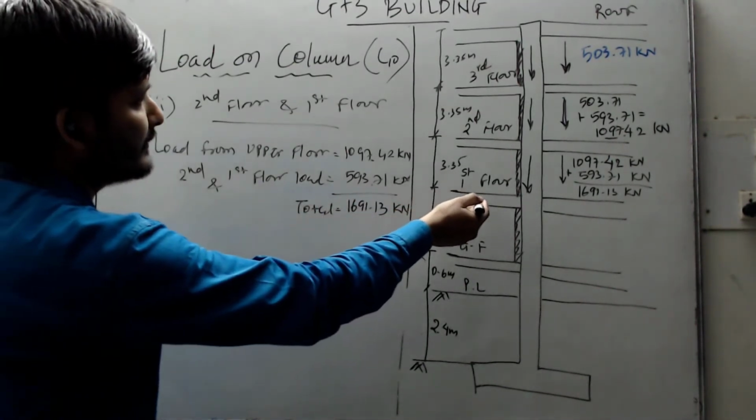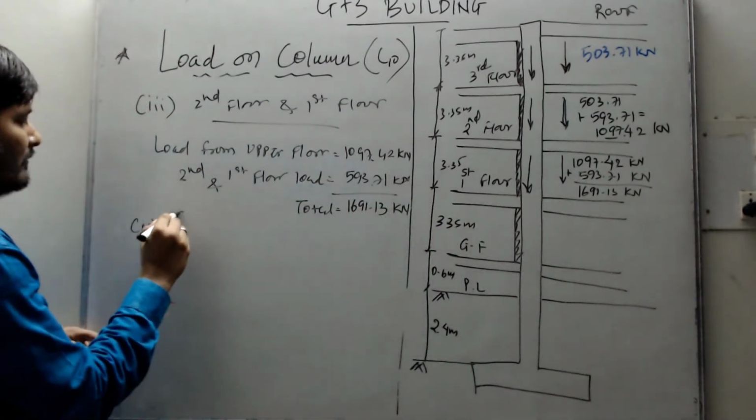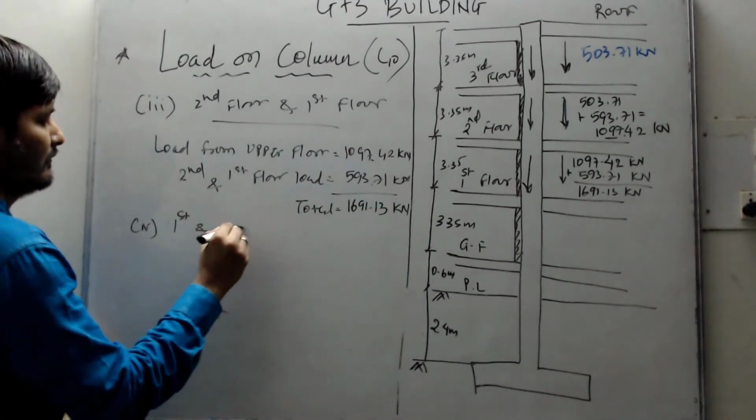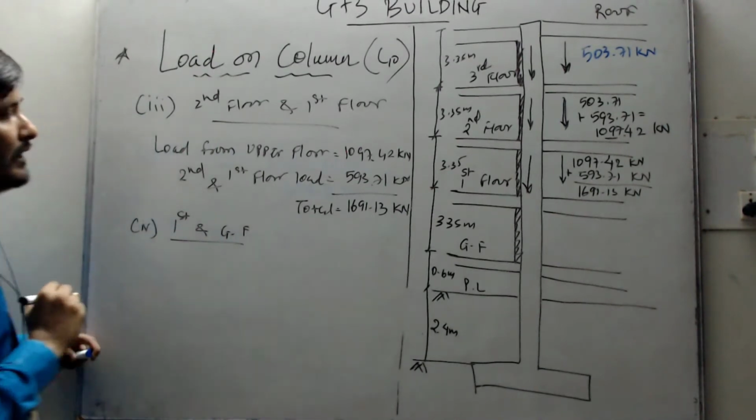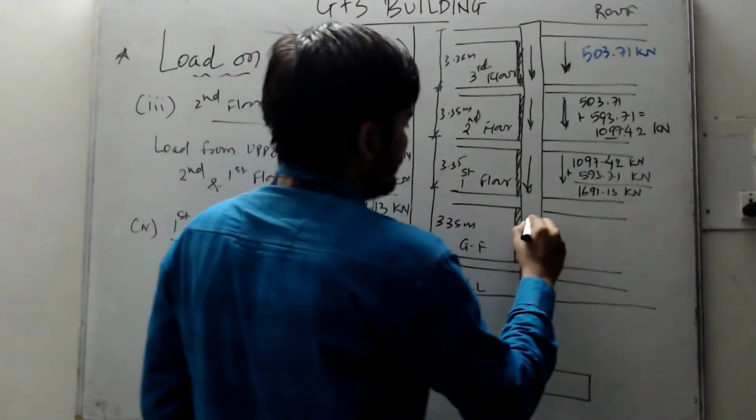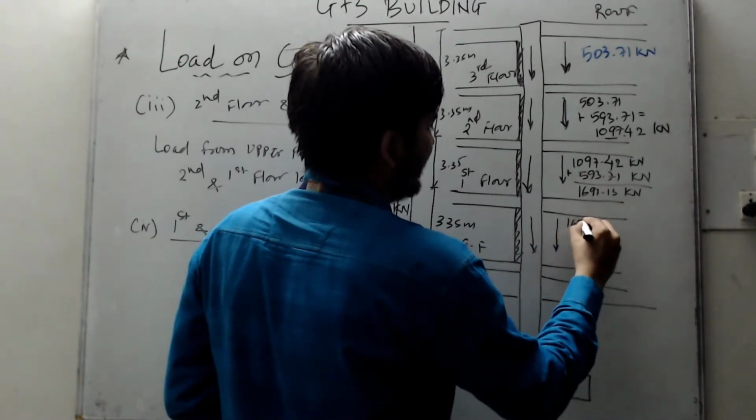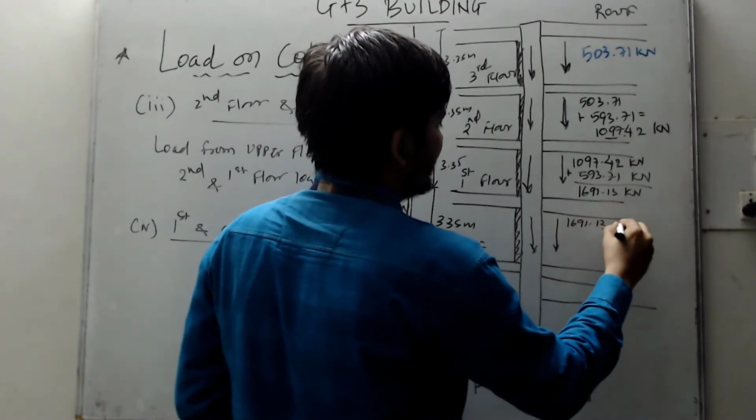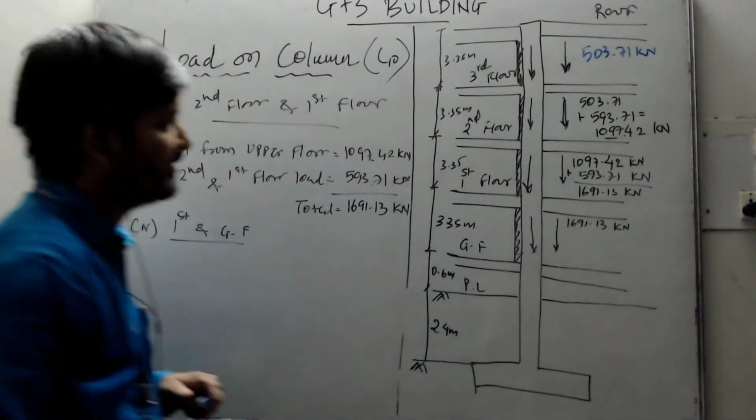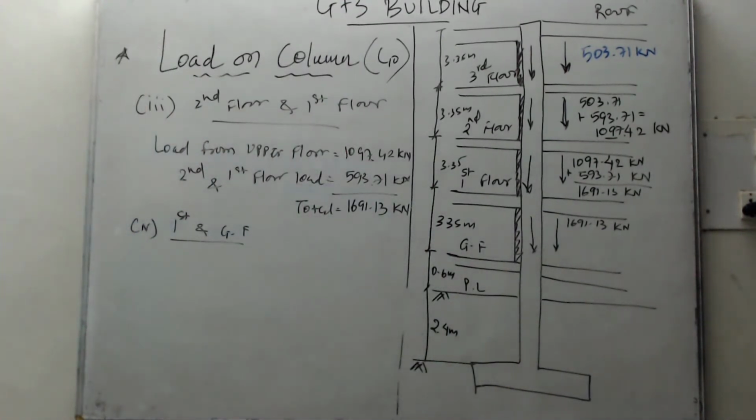Next, fourth one, we are coming to the next level, that is first and ground floor. Between first and ground floor, we already have a load from top, which is 1691.13 kilonewton, and similarly between first and ground floor also we have the same load, that is